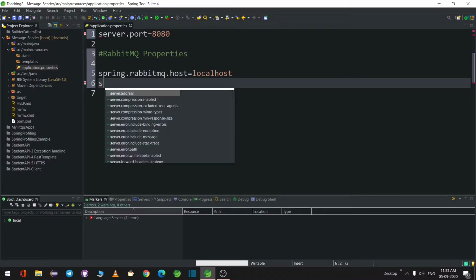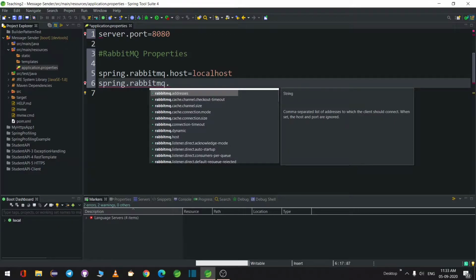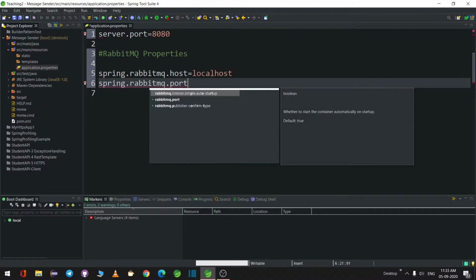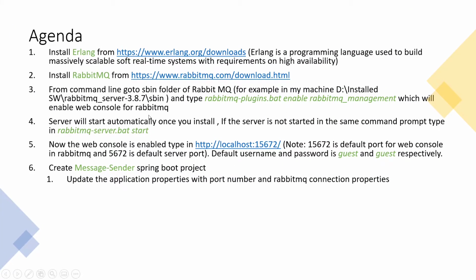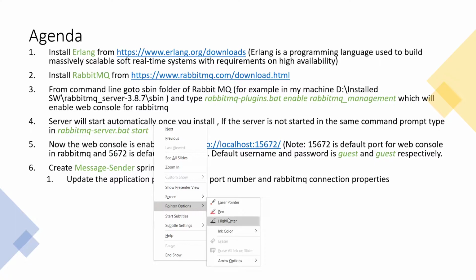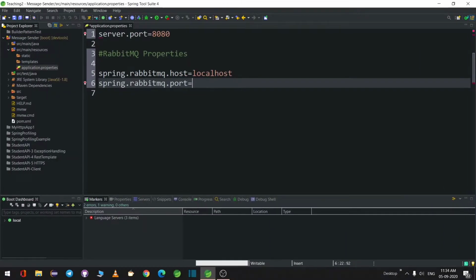The second thing is spring.rabbitmq.port. We have to update the port. As I explained earlier, this is the port number for the web console and this is the port number to connect to RabbitMQ. So I will be using this 5672.